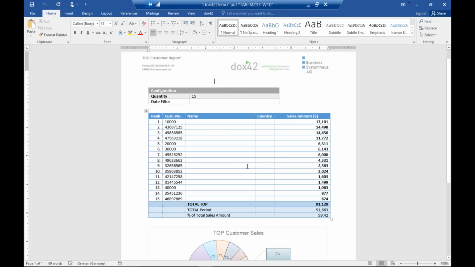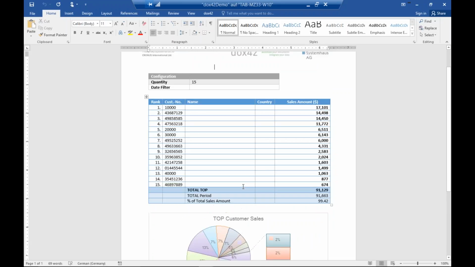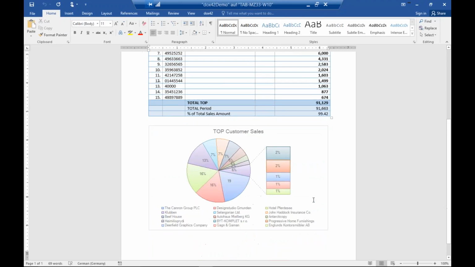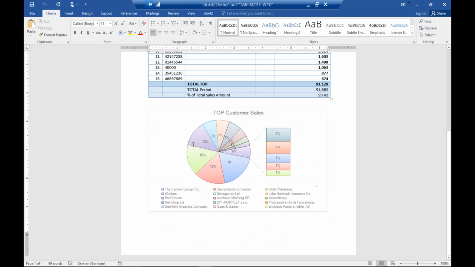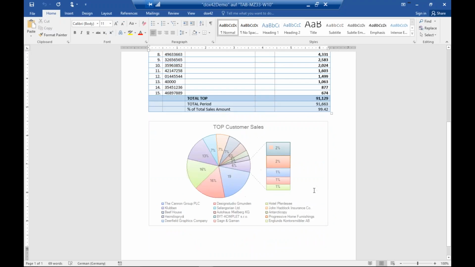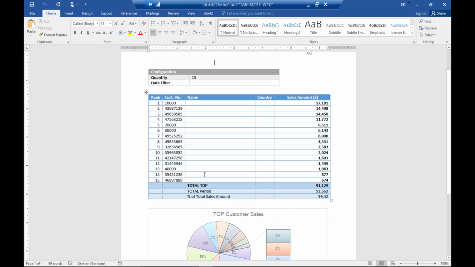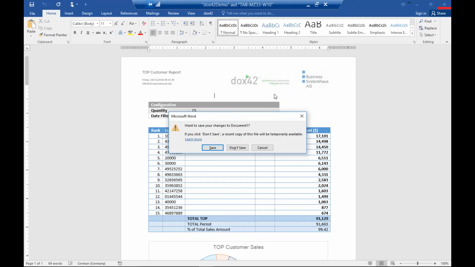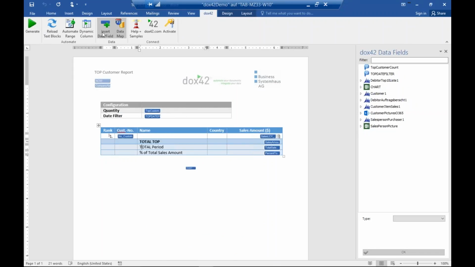And so you're now seeing the report as we start. It starts with the rank number and the customer number, so the name and country are missing. We already have the sales amount, and we have a nice looking top 10 pie chart at the end of this report. And this is already out of NAV live data,